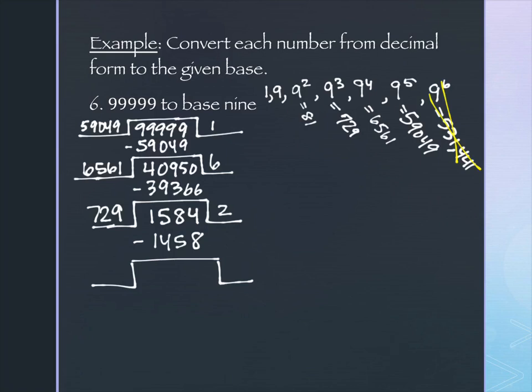And if I subtract that, what do I get? 126. Now what will I divide by? 81. How many 81s are there in 126? 1. When I subtract, what do I get? 45. Divide by